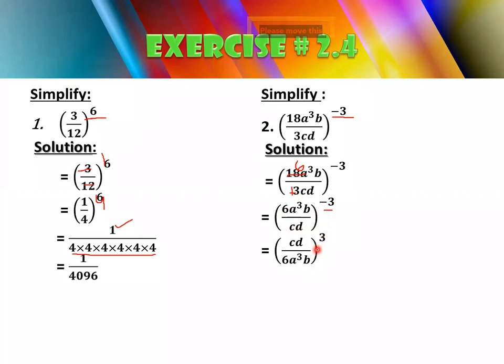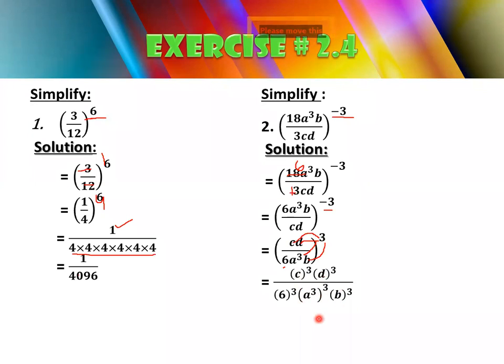And now what we are going to do, law of power of product, law of power of power. If you remember the concept of law of power, you are going to give this 3 to this C and then this D, then this 3 to this B, and this 3 will be multiplied with this 3, because if you have a power of a power, you are going to multiply the exponents. So this 3 is on C, then this 3 is on D as well, then this 3 is on 6 as well, 6 cube. Then a raised to the power 3 whole cube, and then b cube.